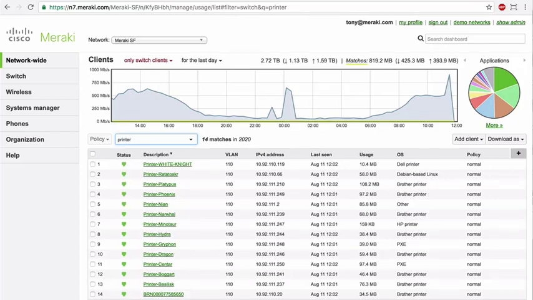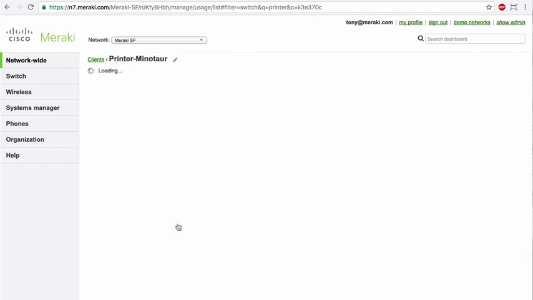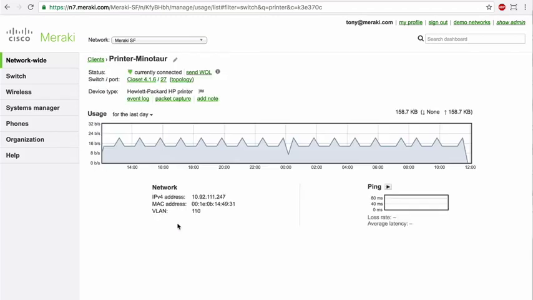You'll see we have 14 connected printers in the network, and we can see all the details about them, including things like the name that IT has chosen to assign to each one, and perhaps things like which VLAN these devices are on. Now, everything looks good here. All the printers are connected, but if we were to want to troubleshoot one, all we'd have to do is click on it, and again, we are shown this very detailed view containing all of the pertinent information to this